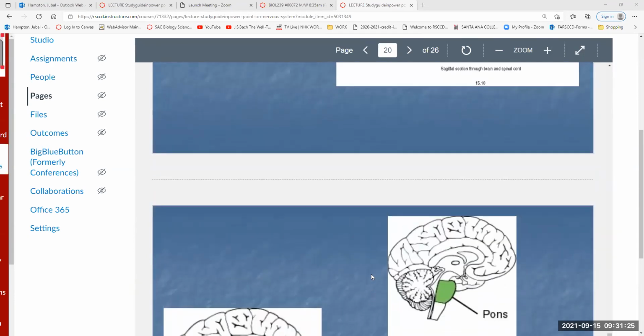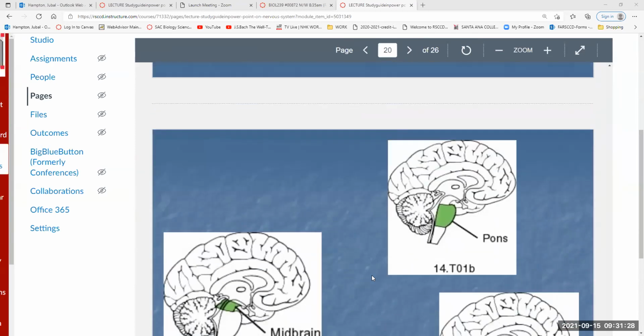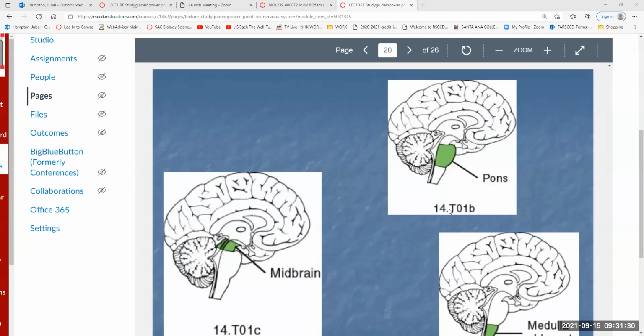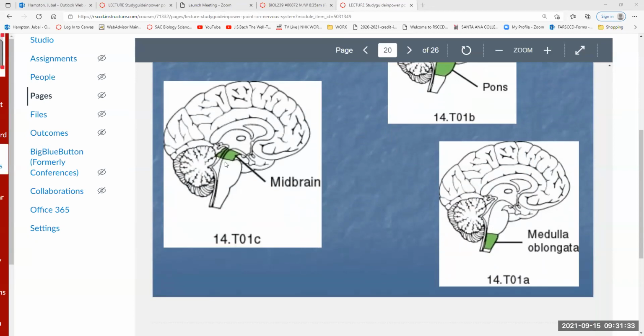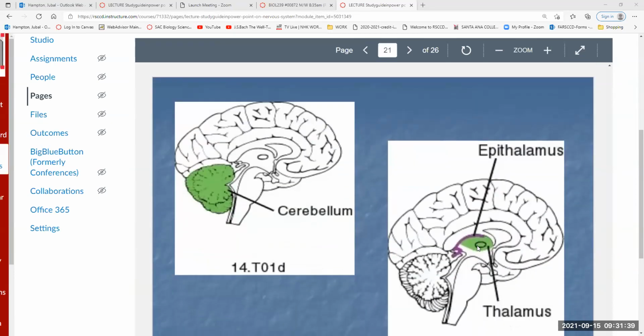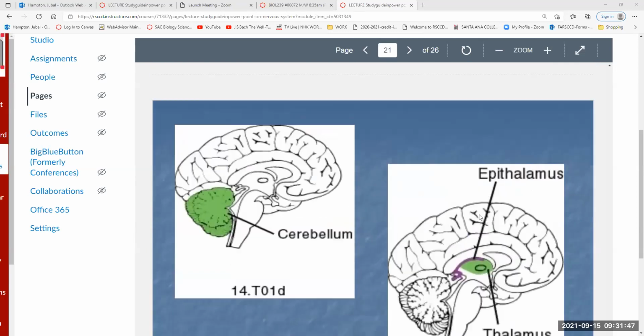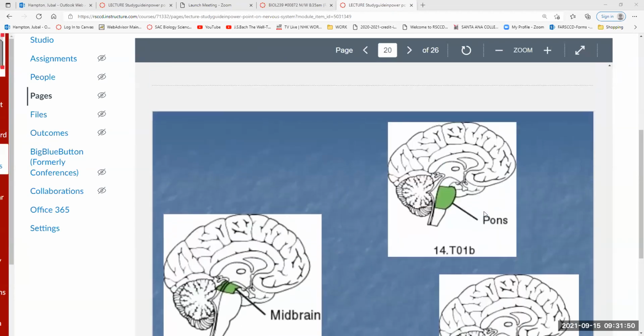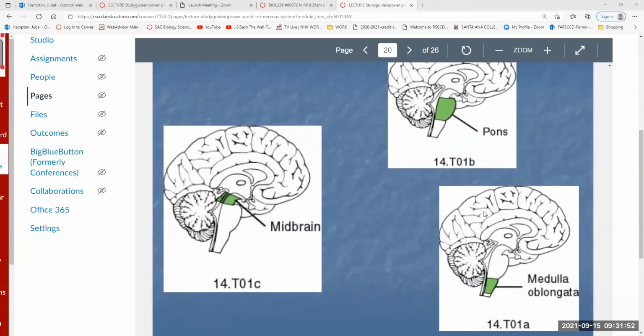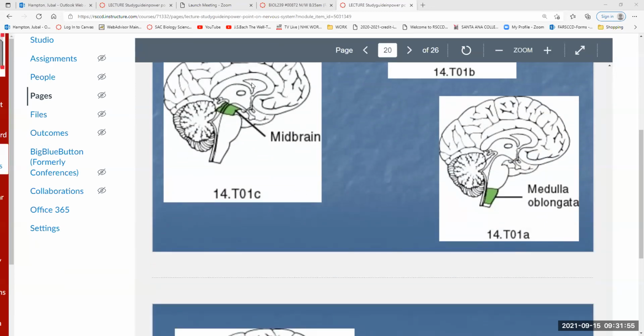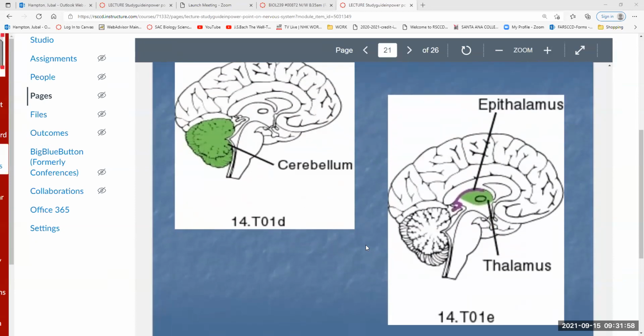So we can see here the organization of our pons, where it's located with respect to our midbrain, with respect to our cerebellum and our medulla oblongata, where all these things are at. The thalamus is the most superior of the lot, because if you look back up along this, thalamus is even up superior to the midbrain itself. So as it's organized, we have our thalamus. And our thalamus coordinates